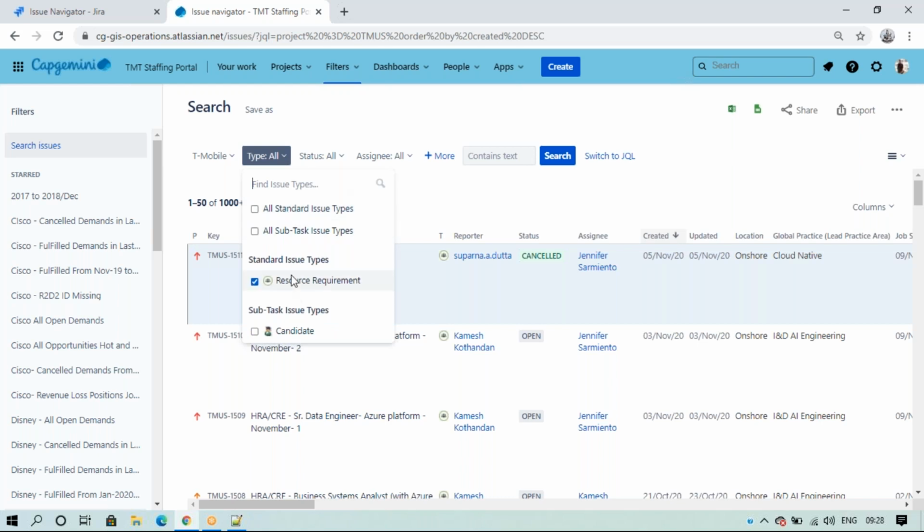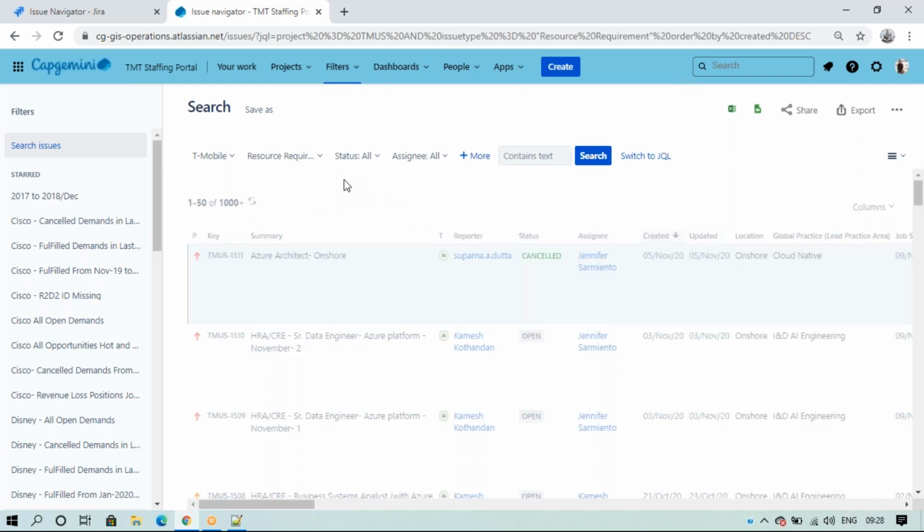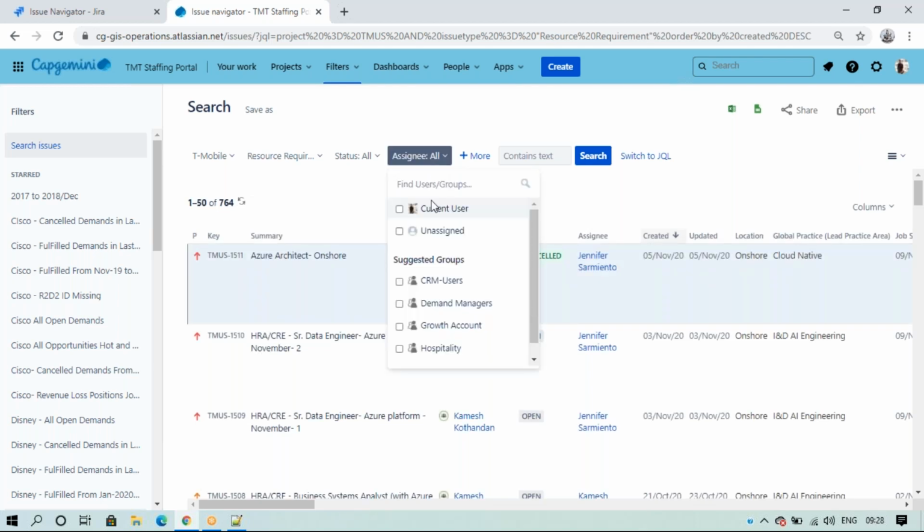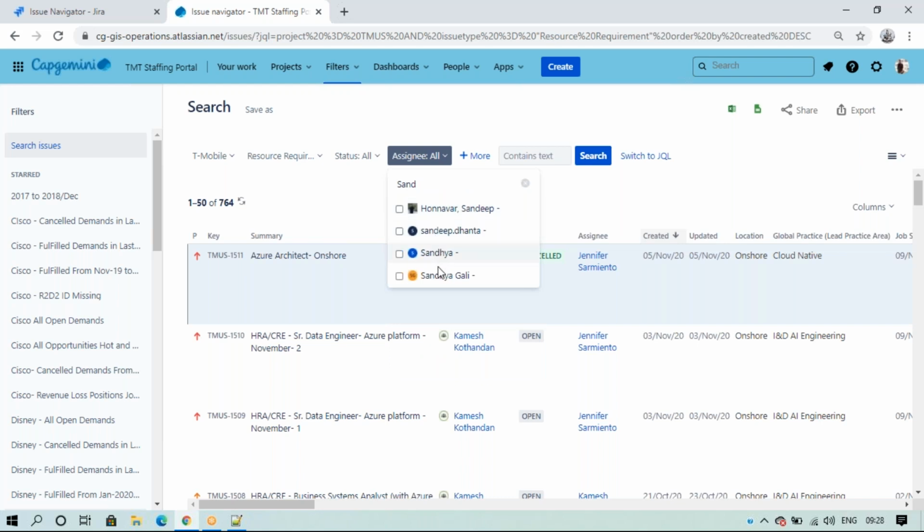So I just choose resource management, for example. In that, open tickets or something, now person-wise I want. So we can write, we can generate the person. Current user means if you open it, you are the current user, and we can write any other person's name. So I'll choose some person's name.